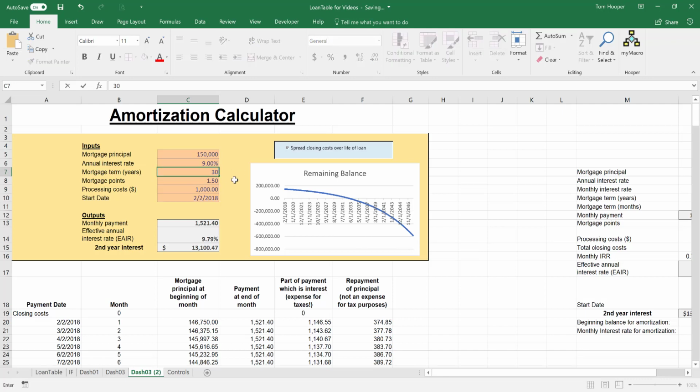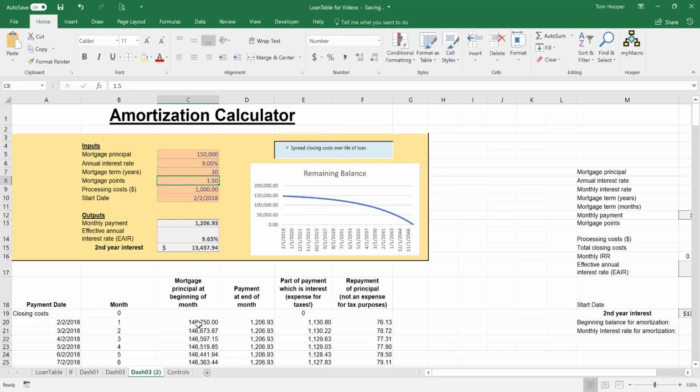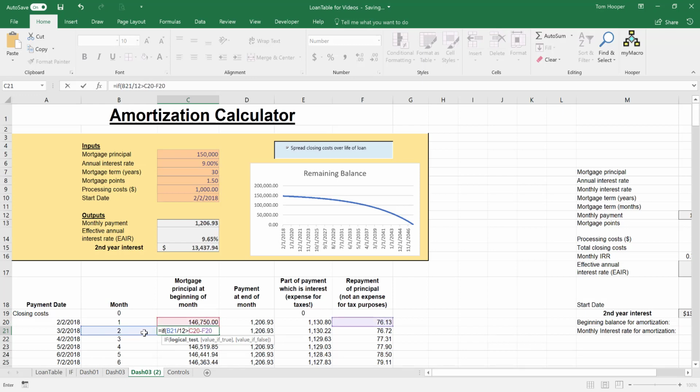Let's go back and use the if statement and check. I'm going to begin on the second row. We have a formula in C21 that says that the beginning principal balance is equal to the previous beginning principal balance minus any principal that was paid. So if we first, before making that calculation, check to see if the current number of months divided by 12 is any greater than the loan term,